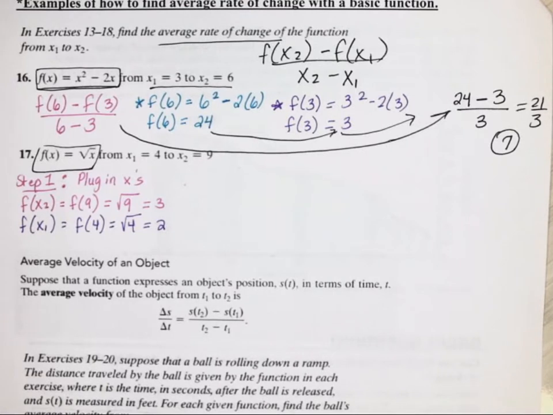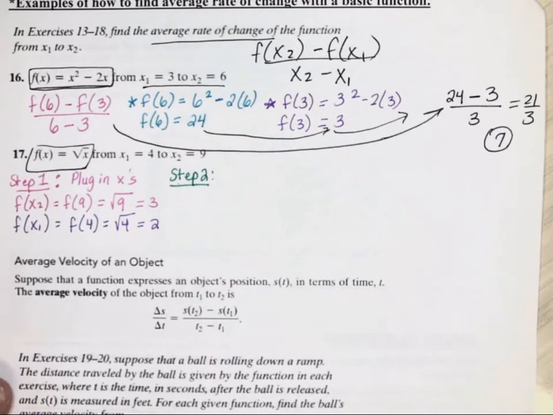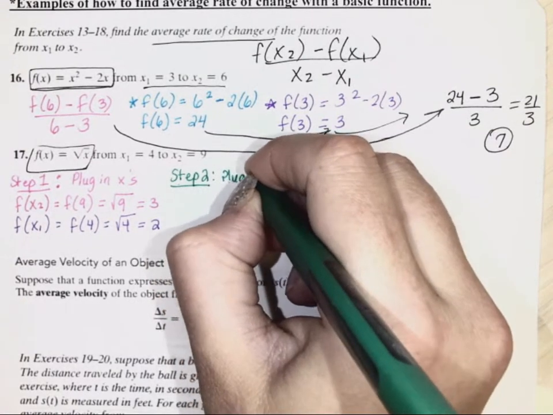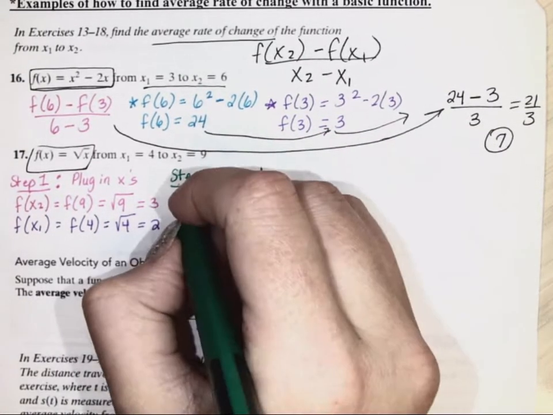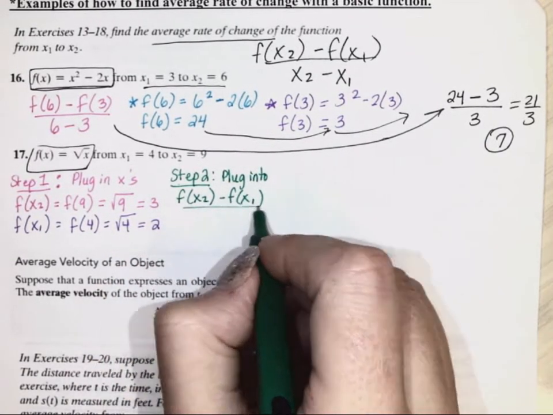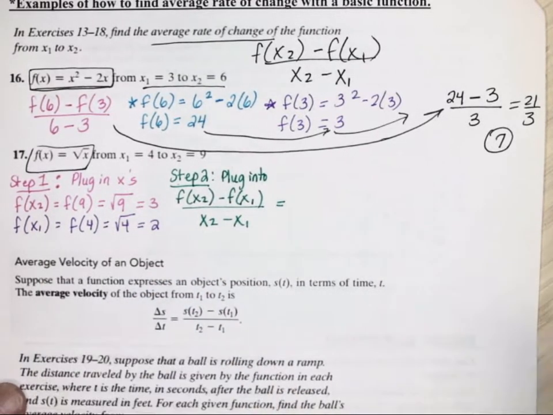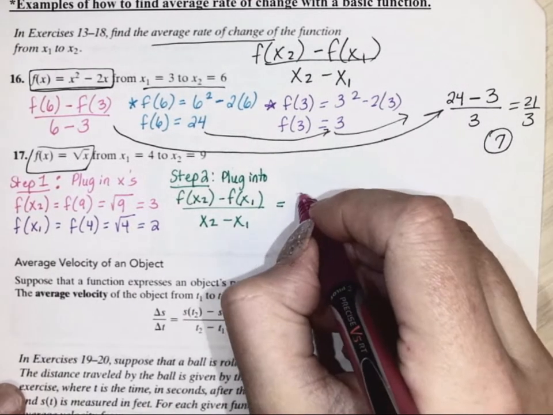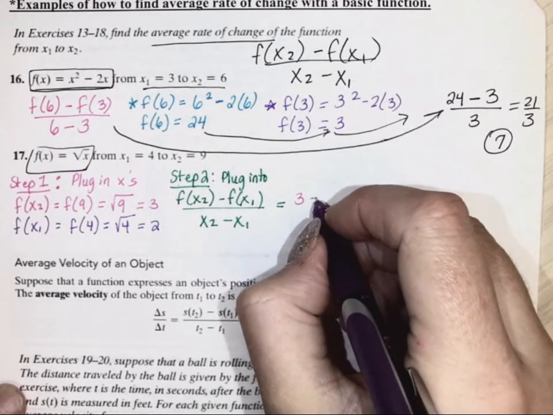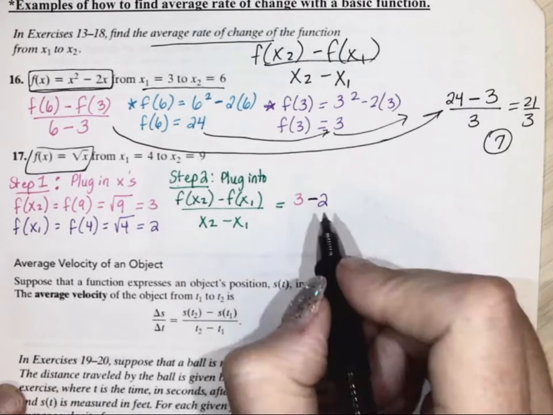Okay, next step. Step 2 is we subtract or plug into our formula. So we can say plug into formula. F of x2 minus f of x1 over x2 minus x1. F of x2 is 3. F of x1 is 2. And that minus sign's built in, so be very careful. All over